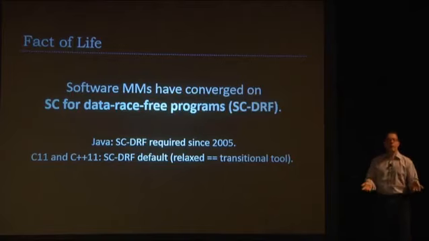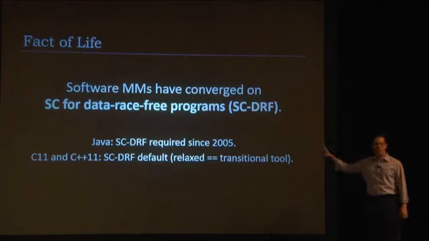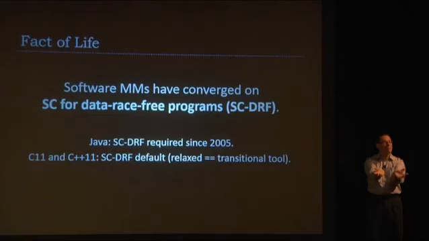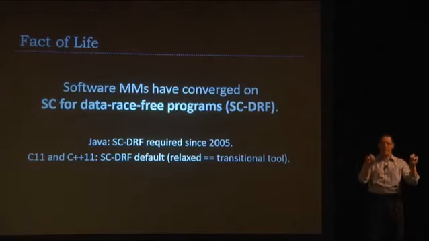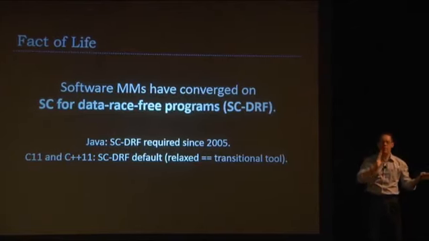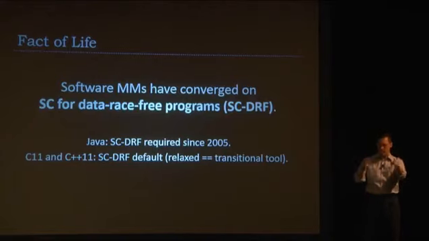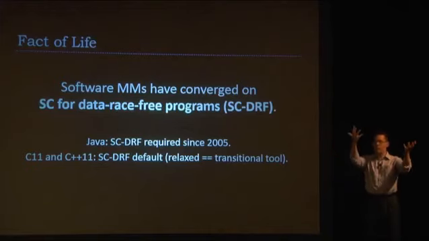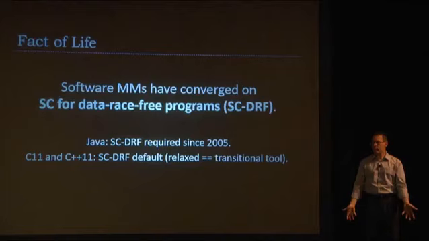So here's a fact of life from Java and now C++ and C. Software memory models have converged on the memory model that we present to you, the programmer, in a nice gift wrap package: sequential consistency, as long as you don't write a race. As long as you don't write a race condition, which means same object, two threads, and one's a writer, it's not synchronized, well, as long as you don't do that, you get to pretend and maintain the illusion that we execute some interleaving of your source code threads, as if atomic accesses to a single global memory,